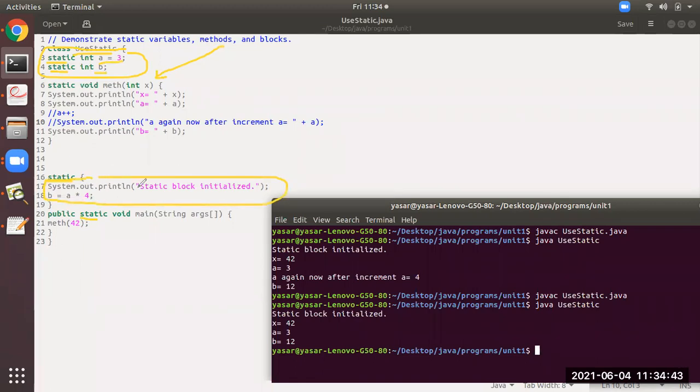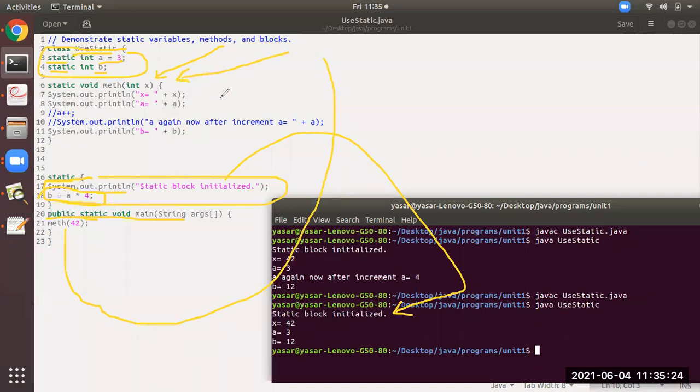After this is loaded, you can see what is happening. Actually it is printing something, so it will print the data. You can see here the output. After that is printed, line number 18 will be evaluated. What will it compute? B equal to A into 4, so B equal to 3 into 4. So in the memory B will be loaded with the value 12. After that, line number 20 will be loaded into the memory. What will it load? It will load the method call, that is method 42. So from here it will call this part.